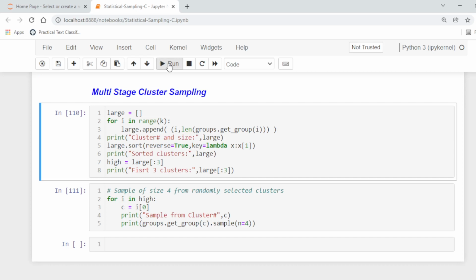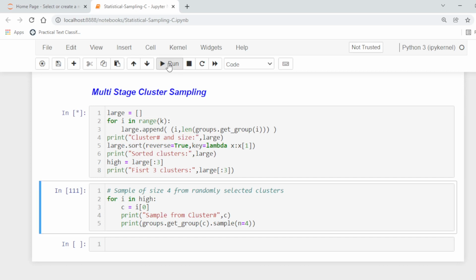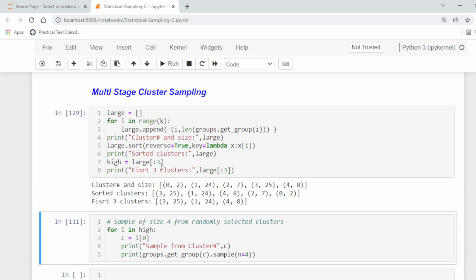So let's run this. So first, clusters and sizes. There are only 2 members in cluster 0, 24 in the first, 7 members in cluster 2, and 25 members in cluster 3, and so on. These are sorted based on the cluster members. So 25 is the highest value, and so on.